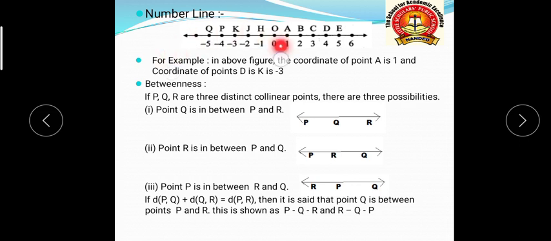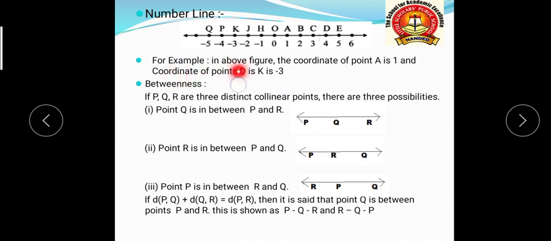Now look towards this, it is 0, 1, 2, 3, 4, 5, 6 and on this side minus 1, minus 2, minus 3, minus 4. Listen, between these 2 points there are infinite numbers. Therefore, I told before also that the distance is a non-negative real number, not an integer, not a natural number, not a whole number, but a real number. And what is a real number? The numbers which are in the form of a fraction, that is p upon q, are called real numbers, and the distance between 2 points is always a non-negative real number. Remember, it is a very important concept.